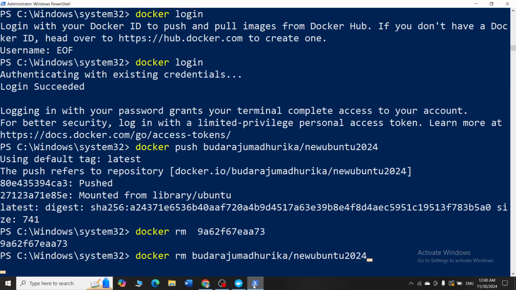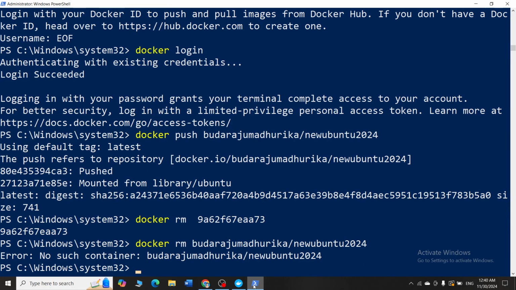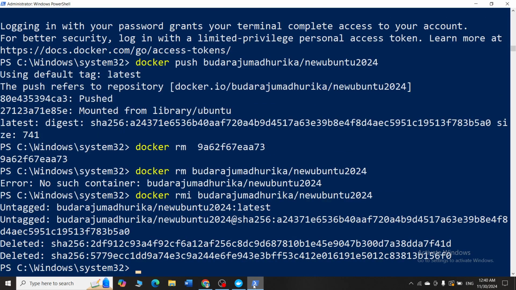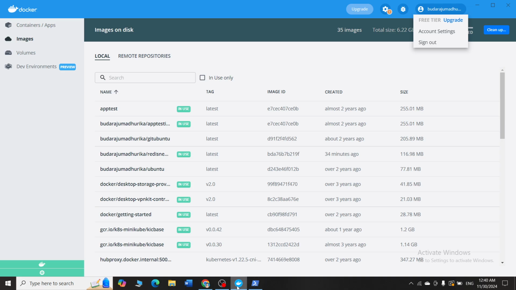Okay, press enter. Sorry, it's an image, so I have to give it as rmi. So it is deleted. Go back to Docker Desktop and see that the image is deleted here. So previously I had the image, now I don't have the image. So the image is deleted, right?